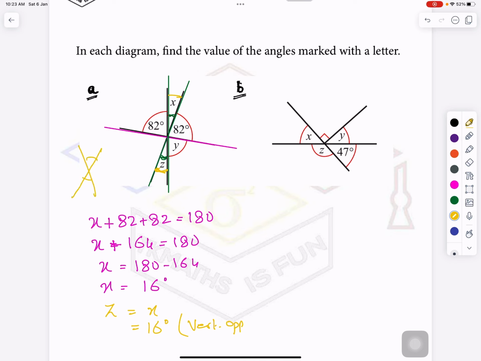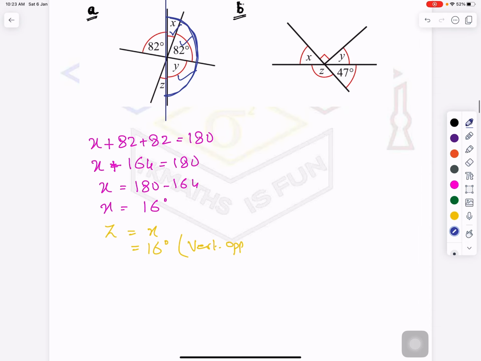Now how will you calculate y? Any idea? You see, we are going slowly. So how will you calculate y now? Again, look at the straight line. If I look at the straight line, this one, I can see the sum of these angles equals 180. It means x, 82 and y. So the sum of these angles will be 180. I can say x plus 82 plus y equals 180 degrees, because these are the angles on a straight